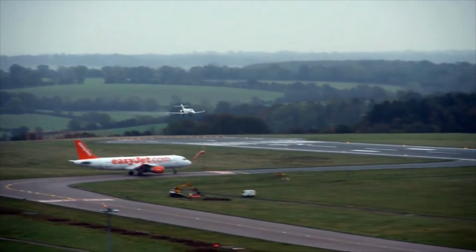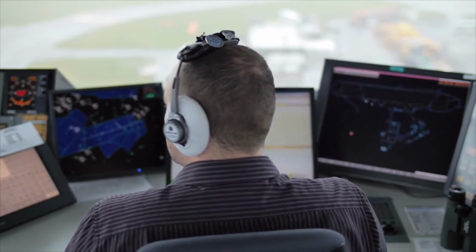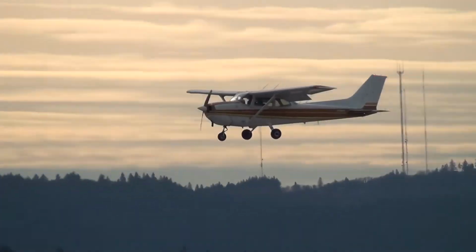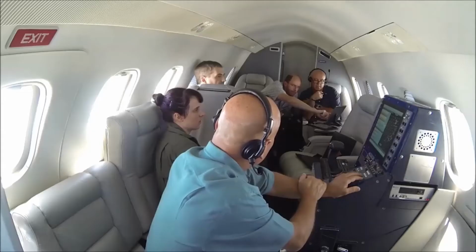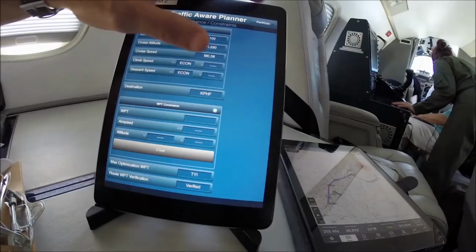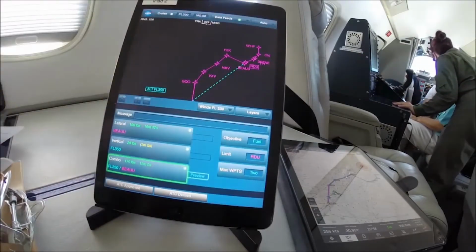So this technology can benefit anyone who operates an airplane. That includes the airlines, corporate aviation, general aviation, it could include the military. One thing that's really neat about TASAR and the TAP software is that you can put it in one airplane, and on that airplane's first flight, it'll start getting benefits right away. You don't have to equip your whole fleet. And that's really important from the standpoint of an early adopter, to be able to try it out on a limited basis and deploy it at a rate that makes sense.